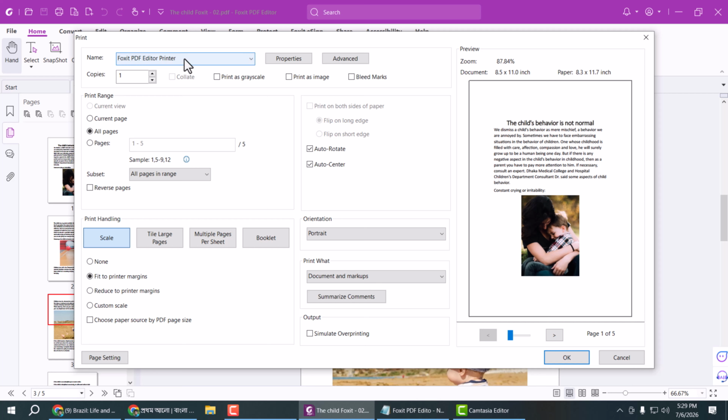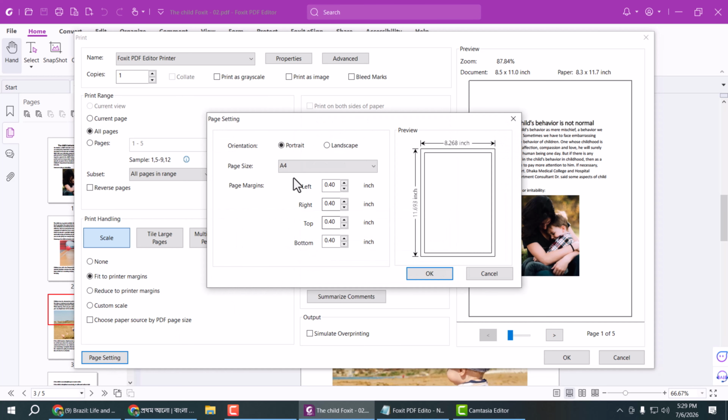Okay. Now select here your printer, Foxit PDF Editor printer, and select all pages or a specific page range, and all of this remains the same. As you select this page setup option, this page size box, click on this down box,